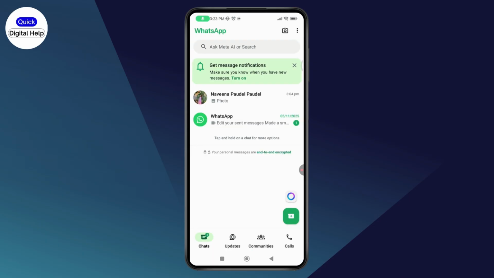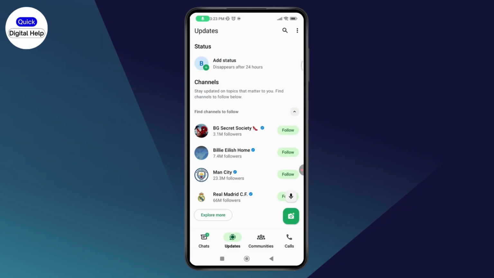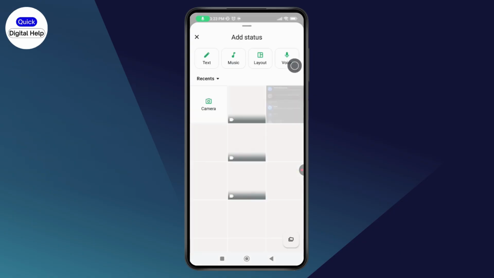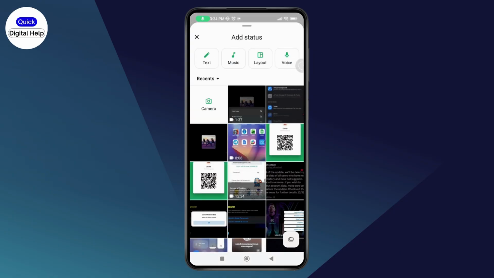After opening, if you want to add music to your WhatsApp status, then go with updates, which is on the bottom. Now from the updates on the top, you will have add status section, right? So tap on add status, and let me tell you one thing, that you don't have a direct option to